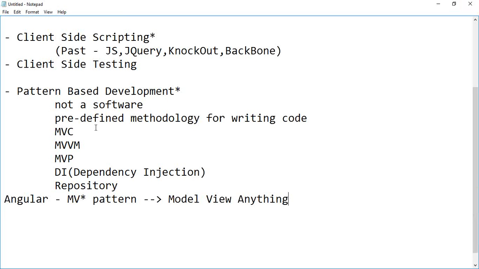But still, anyhow, it's about the flexibility rather than difficulty here. So providing MV star pattern is really flexible also, please. It's not that it is always difficult only. Okay. So anyhow, as of now, please remember that Angular provides us MV star pattern style of working plus